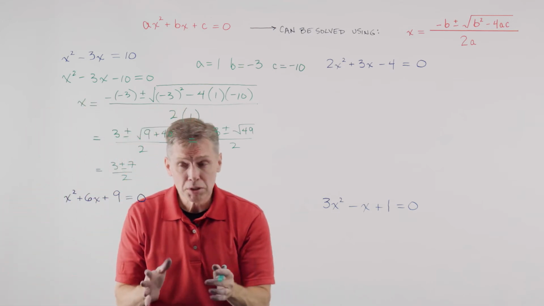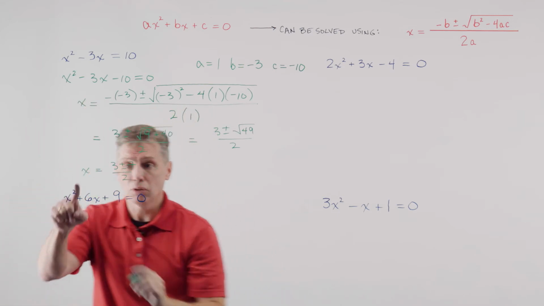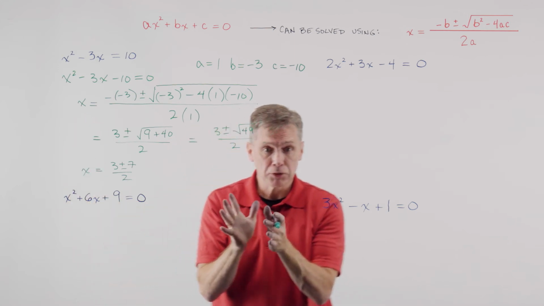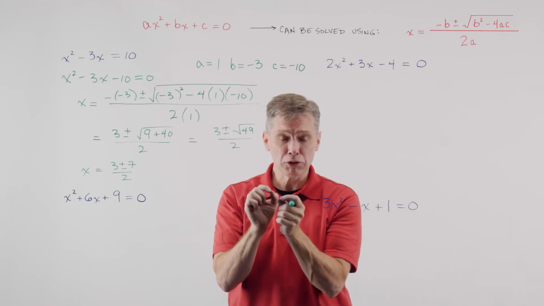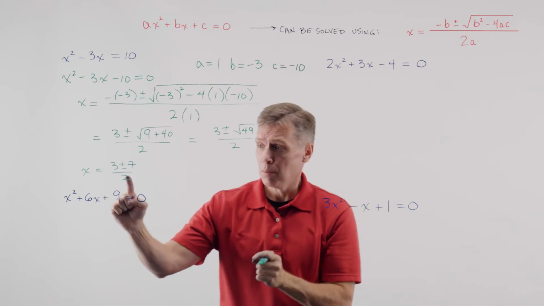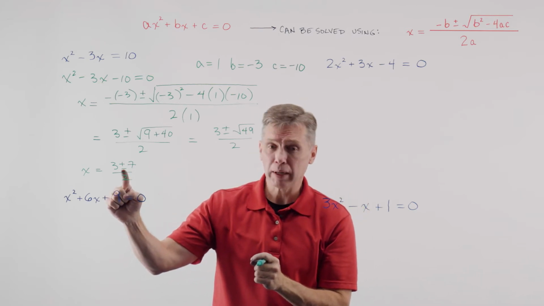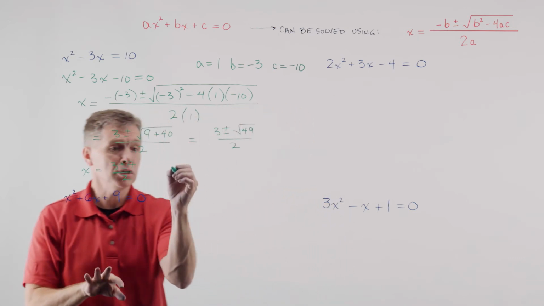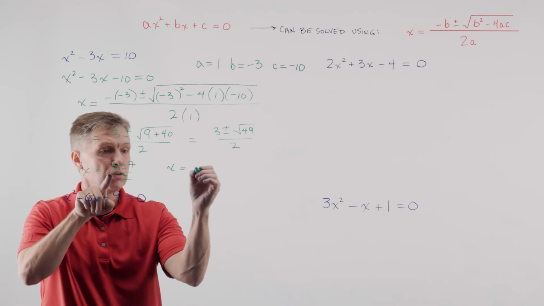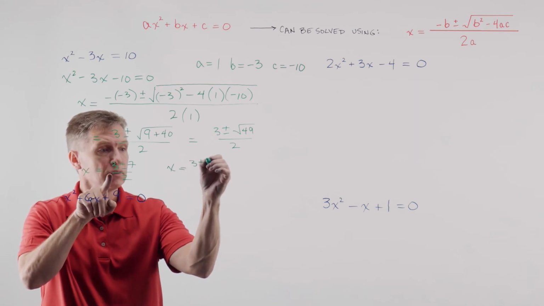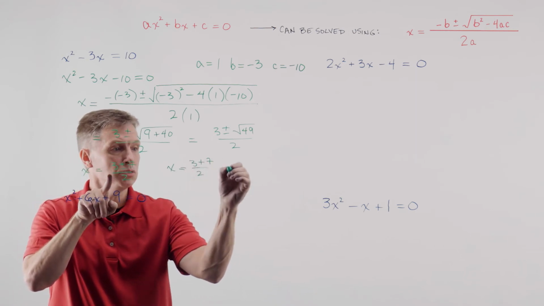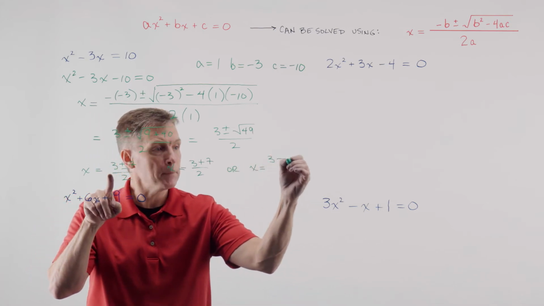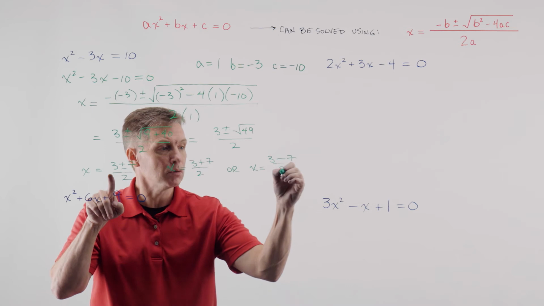Okay, now we're pretty much done with this one. What we were trying to solve for is x, right? X equals. But here's the other thing with the quadratic formula is realize you're getting two answers here. Plus or minus. Listen to the wording. Plus or minus. You're going to have x equals this 3 plus 7 over 2, or x equals that same 3 minus 7 over 2.